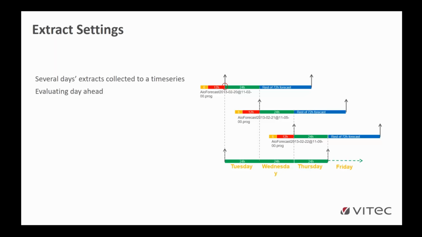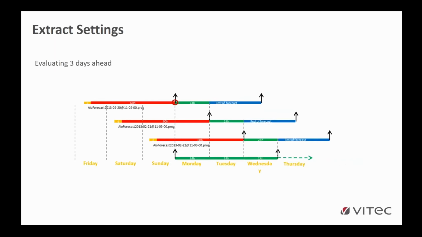And if you're evaluating a week, you would have 7, and so on. And then there are different, by setting these, you can easily mix what you want to look at. So I want to show you a couple of examples as well, so you can see the difference and how it works. So for example, if we then are interested in evaluating 3 days ahead,